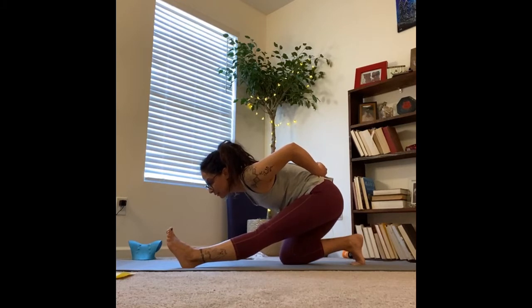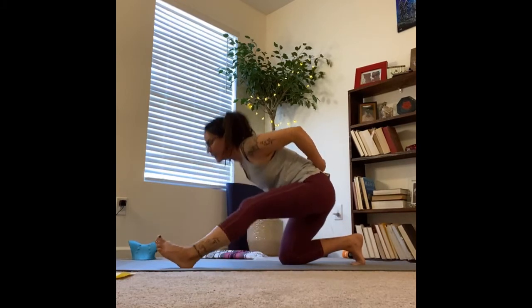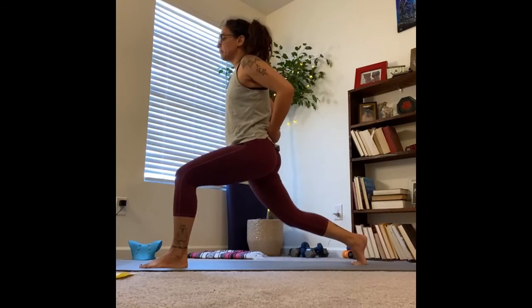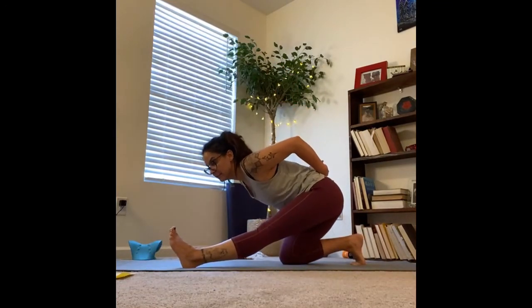Making sure you breathe, preferably in and out of your nose. Inhale forward, bend into the right knee, press into the left toes to come up. Last time, left knee comes down, come back and hinge forward,